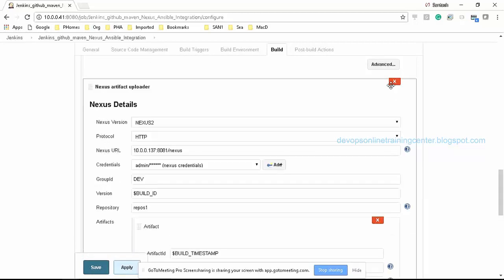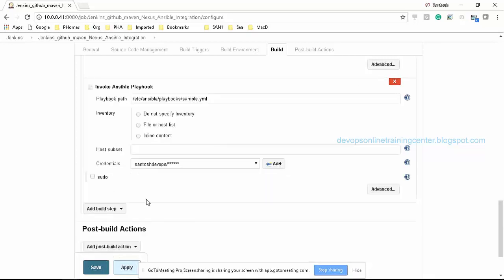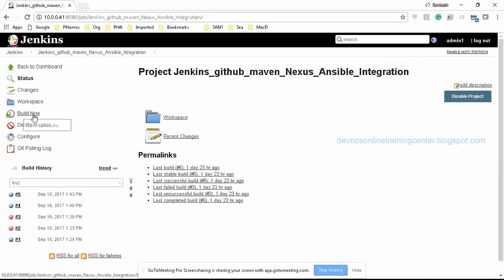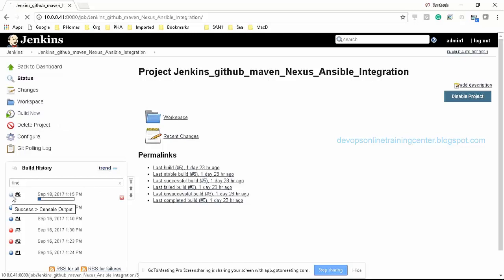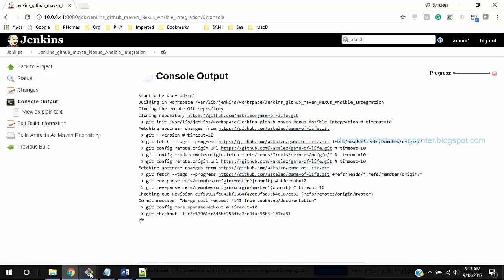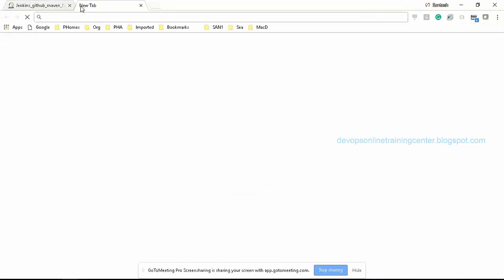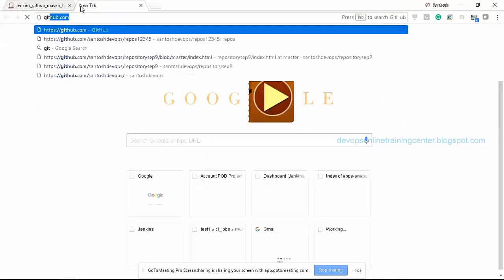So I'll remove this step. Okay, now I have the playbook. So let us see executing it and see what happens. So it will download from the repository, which is the Game of Life repository.